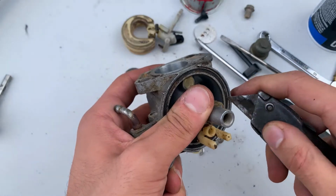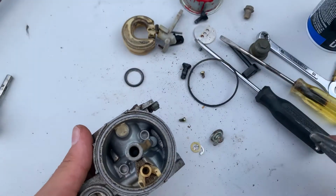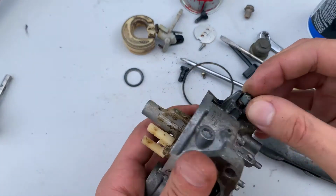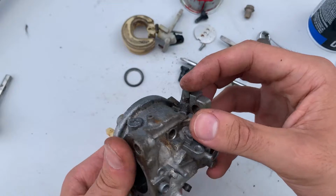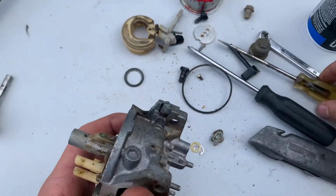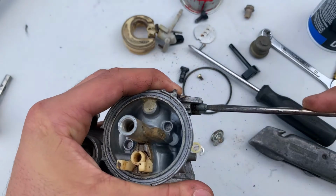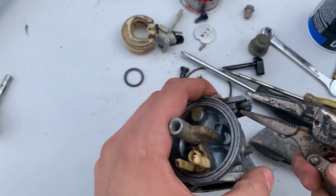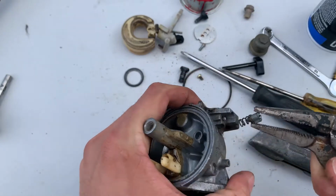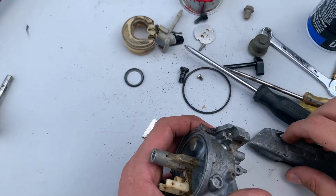Alright, and my kit came with a replacement seal for the bowl, so I went ahead and took that off. Mine was nice and flattened out. It was old. And that right there is the fuel mixture screw. My kit came with a brand new one, and this one has little to no adjustment, so I went ahead and broke it off with the pliers. Keep that spring. You're gonna need that spring for the new